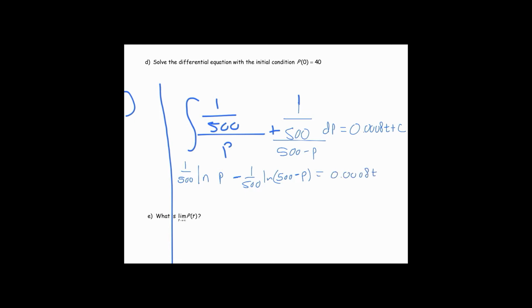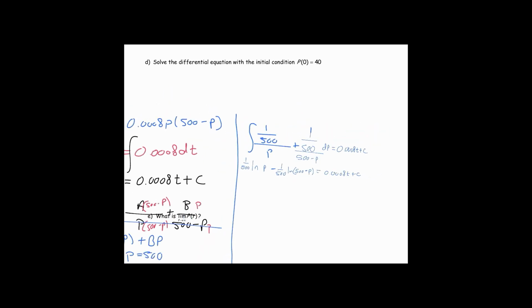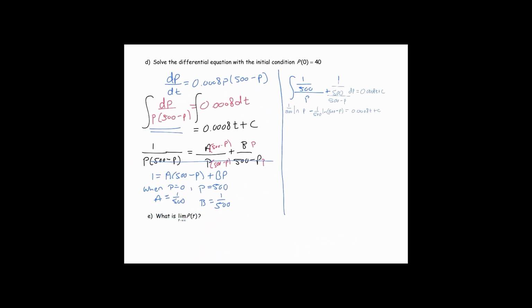Okay, so now we've taken care of the integration part. Now we just have to work on some algebra here. So what I would do is multiply both sides by 500. If you multiply by 500, you end up getting ln of p minus ln of 500 minus p